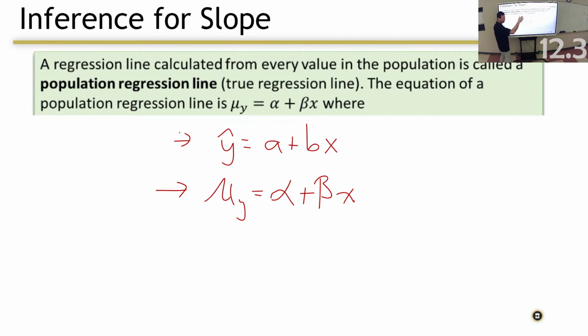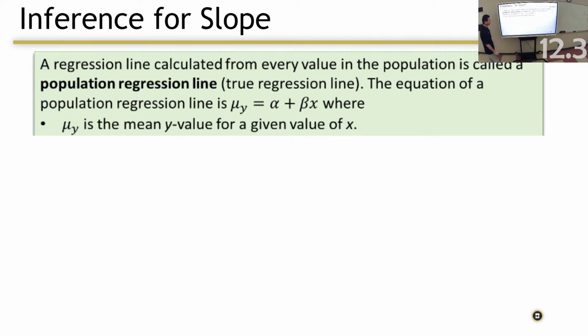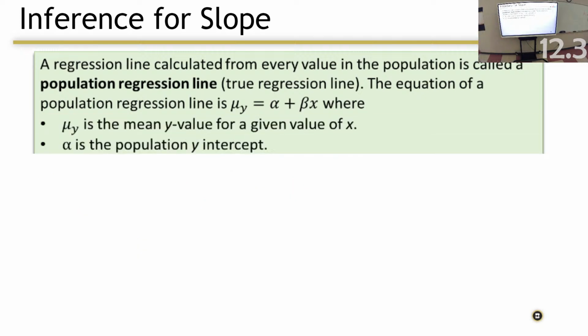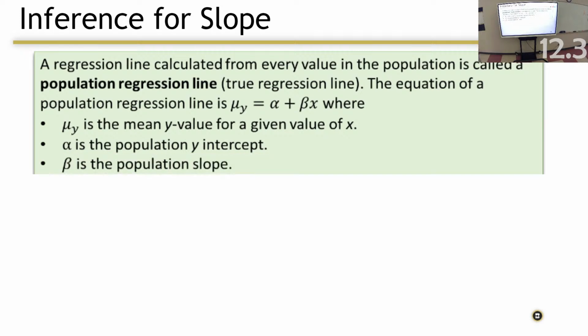Just take this in for what it's worth, okay? Populations always deal with Greek letters, right? Mu, p, x bar, sigma, all those are populations. X bar, p hat, s sub x, all that's samples. This is all samples, this is all populations, okay? Mu sub y is the mean for a given value of x, alpha is the population intercept, b is the